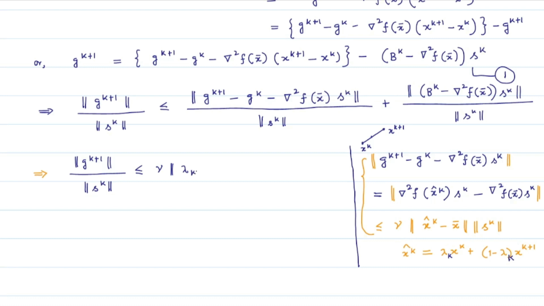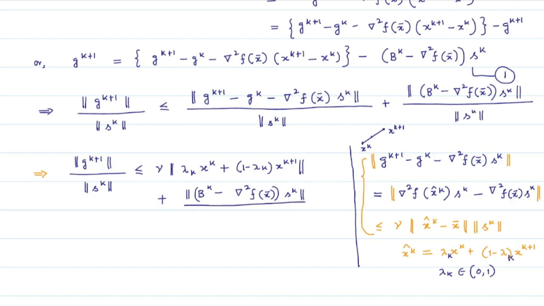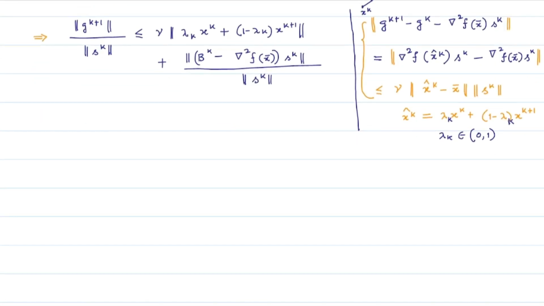So here lambda k, where this lambda k is a number in between 0 and 1. Now here the expression comes out to be this expression plus norm of bk minus the Hessian times sk divided by norm of sk, which further gives less